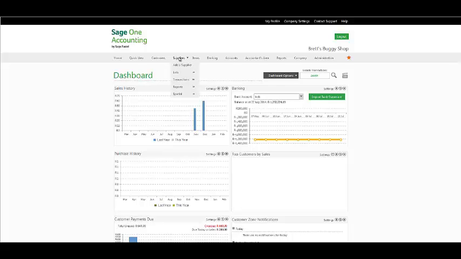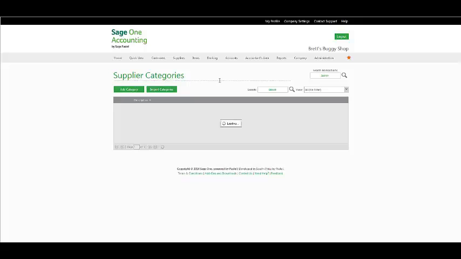Under your Supplier Menu list, you have Supplier Categories. You are able to create categories for your supplier accounts. You can use these categories to sort your suppliers. For example, you may want to sort your suppliers as local or national, or by product range. Select Add a Category,